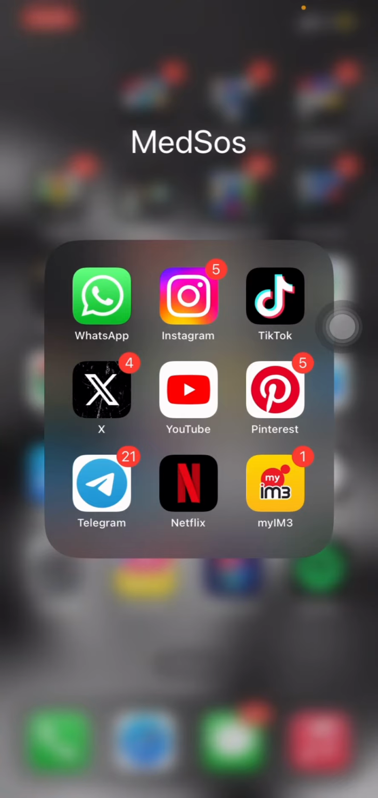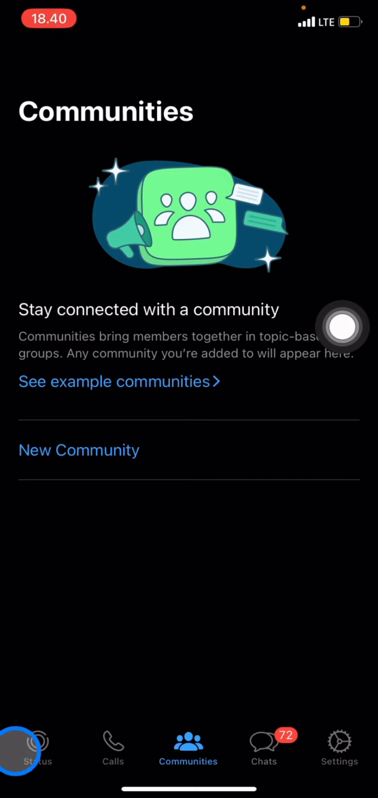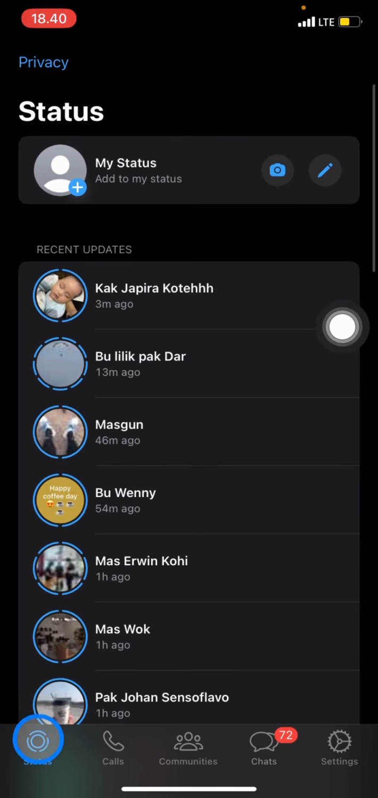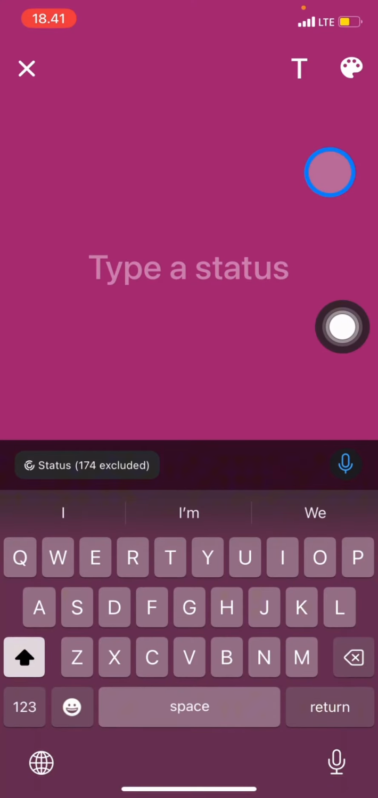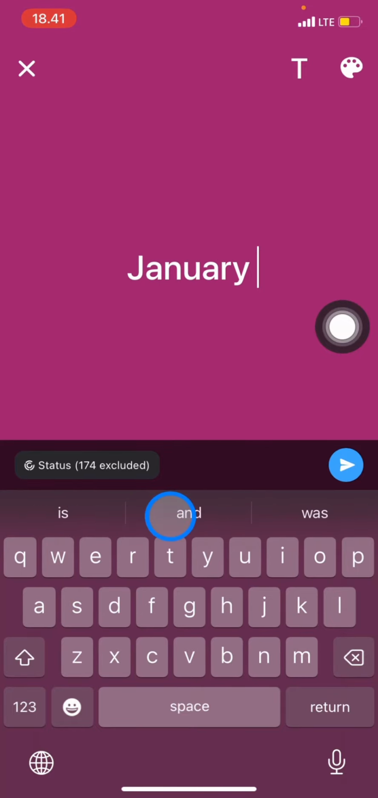So first thing we're going to do is open the WhatsApp application, and after that please take a look at the bottom line and go into the Status section. You can post a photo or video story, or just words for your story. If you want to do words, just click this pencil symbol, and after that you can type whatever story you want, let's say January. Okay,